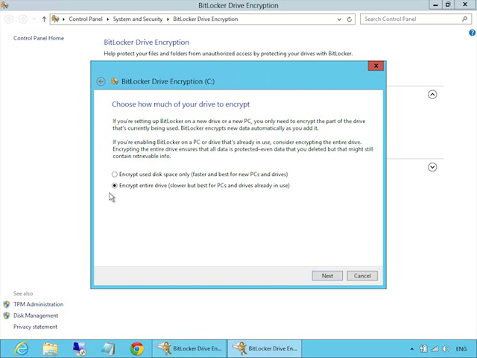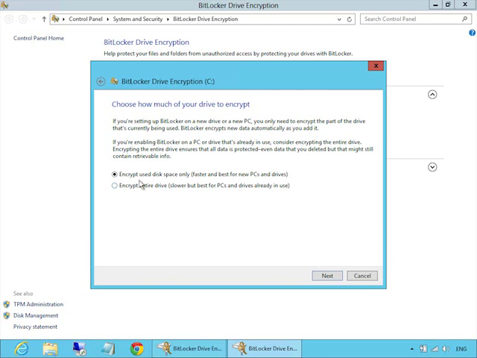It encrypts 3 terabytes, mostly nothing. It's encrypting just all zeros or whatever data is on the drive. And that can take more than a day. It can take a long, long time. What a pain. So the new option, encrypt used disk space only, encrypts the actual files that are on your